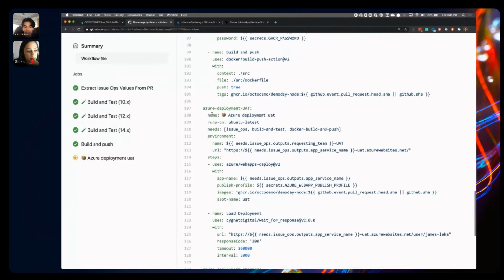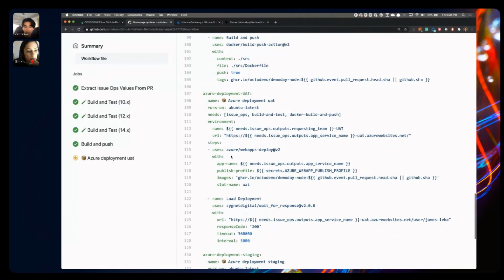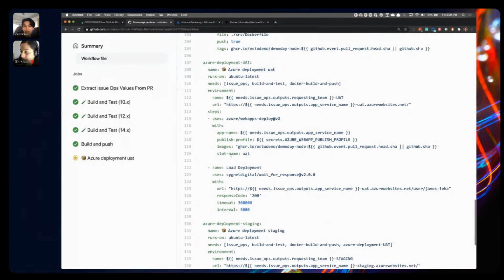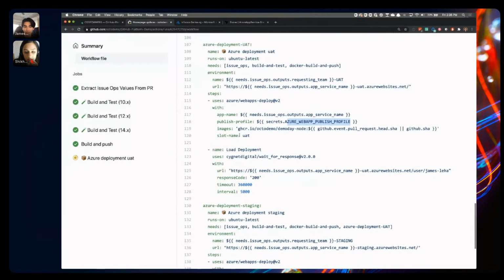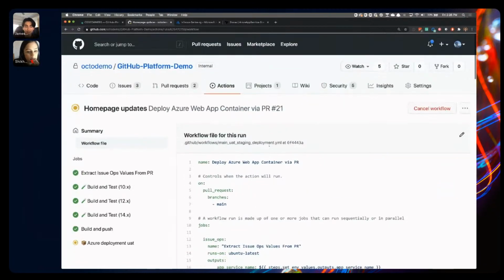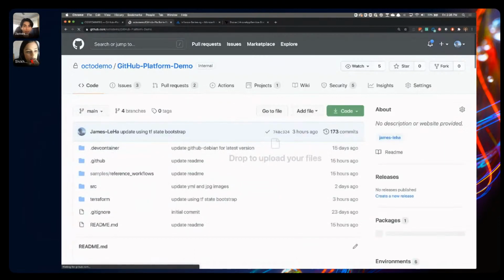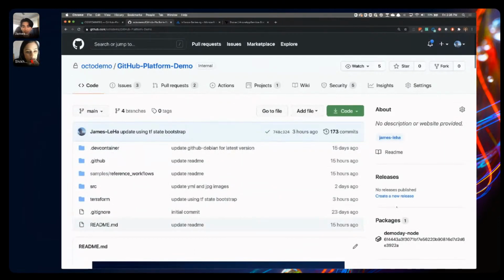And then down here, we can see we have our UAT deployment job that's currently running. And what's going on here is we're actually using that Azure Web Apps deployment GitHub action. We're using this published profile that was defined in our secret store earlier that we filled in. And then we're actually deploying to that specific slot, UAT. And right here, I have a check. I just wanted to make sure that the URL for this is actually live and working before the job finishes and passes. So while that runs, let's actually go ahead and take a look at GitHub packages